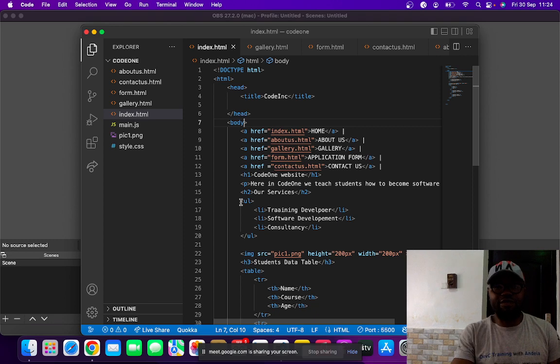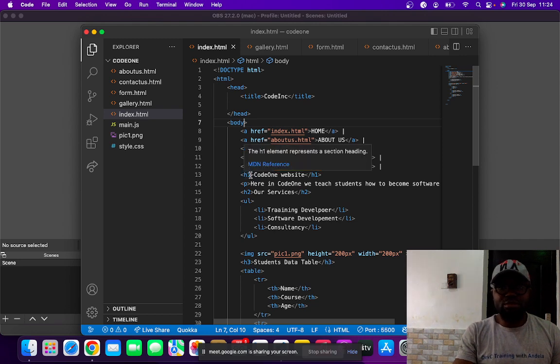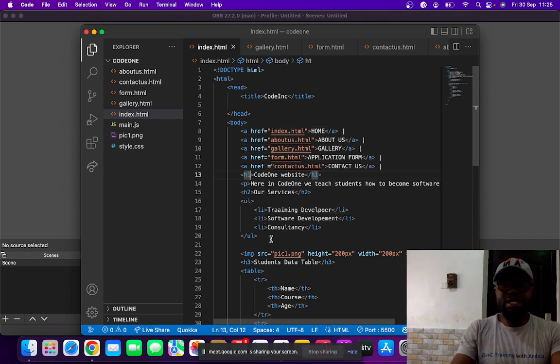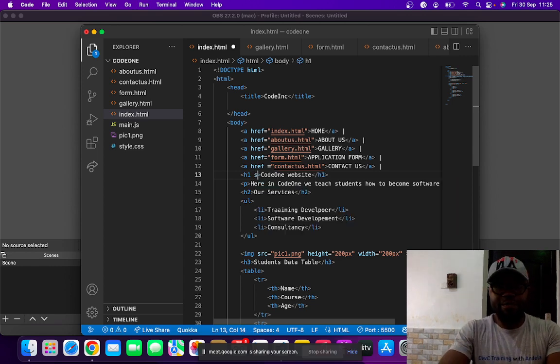So let's start with the first one, inline styling. In inline styling, I'm going to come to this element H1. Here, I'm going to give it the attribute of style and give the value of